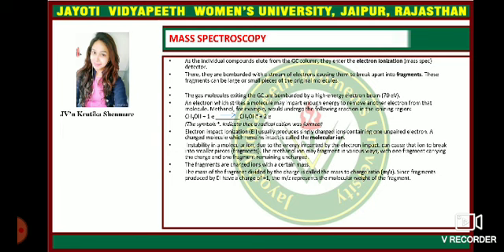As an individual compound elutes from the gas chromatography column, it can enter the electron ionization detector. There, it is bombarded with a stream of electrons, causing it to break apart into fragments. These fragments can be large or small pieces of the original molecule. The gas molecules exiting the gas chromatography are bombarded by a high energy electron beam. An electron which strikes a molecule may impart enough energy to remove another electron from the molecule.